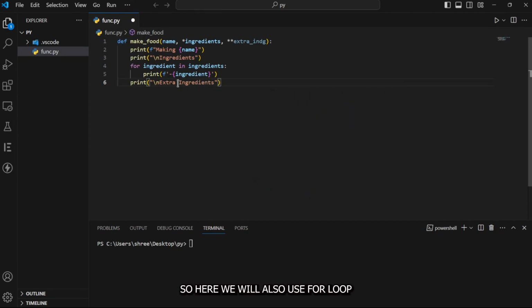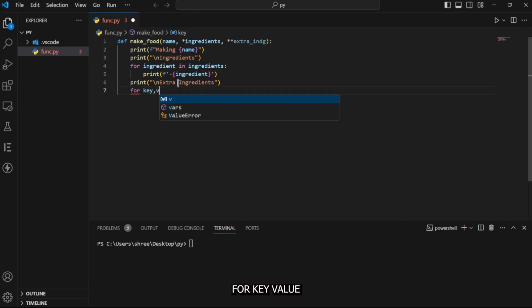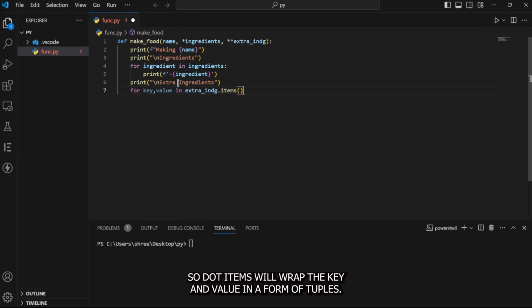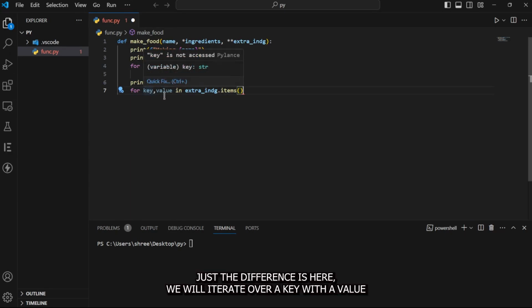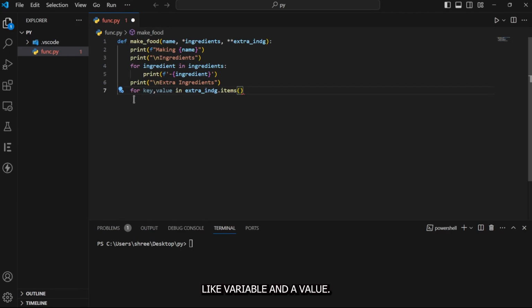extra ingredients. So here we will also use for loop for key, value in extra_ingredients.items(). So here .items() will wrap the key and value in a form of tuple. If you want to see how it wraps the value, you can print extra_ingredients.items(). And this is a new syntax you might just have seen. This is same as usual for loop. The difference is here we will iterate over a key with a value, like a variable and a value. So we'll print